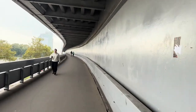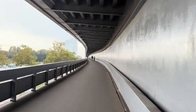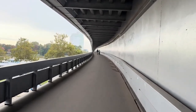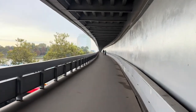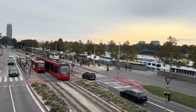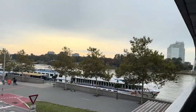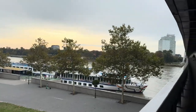So I'm going to walk to the centre, see what's happening there, and see just how flooded the Danube is. There's been some very, very, very heavy rain here in the centre of Europe recently. Number 4 tram there. I'm sure I could have perhaps got a tram a little bit closer, but anyway,